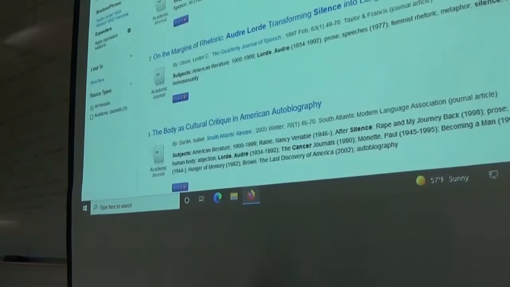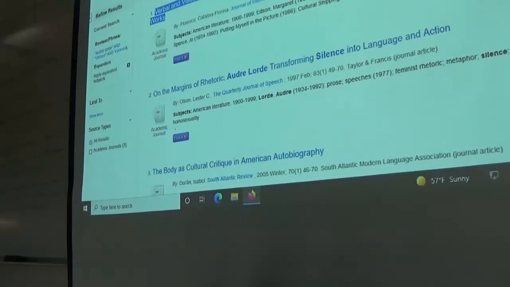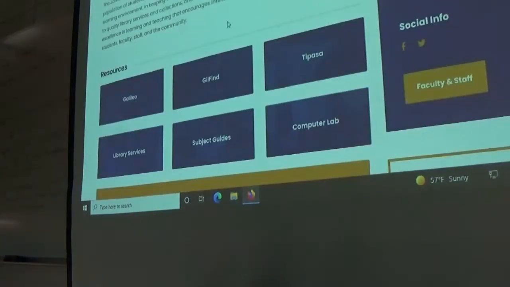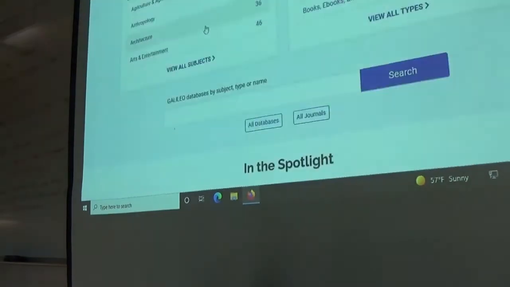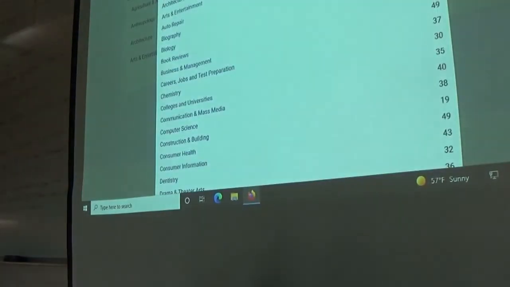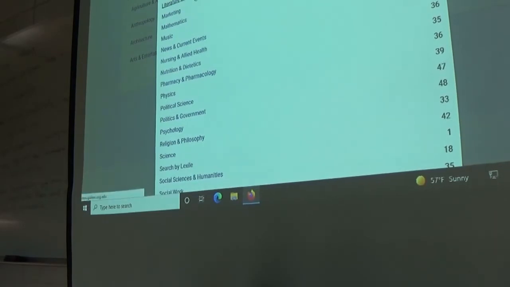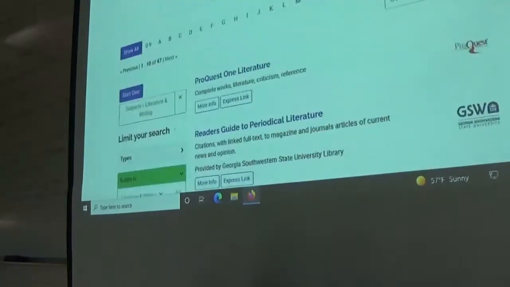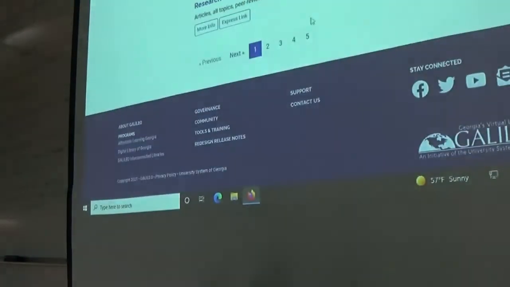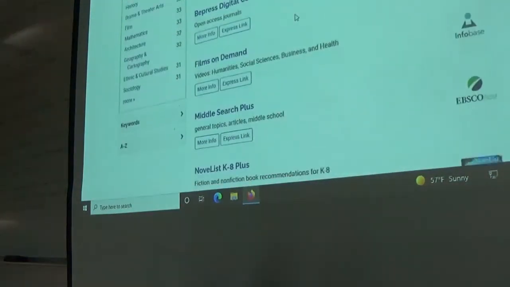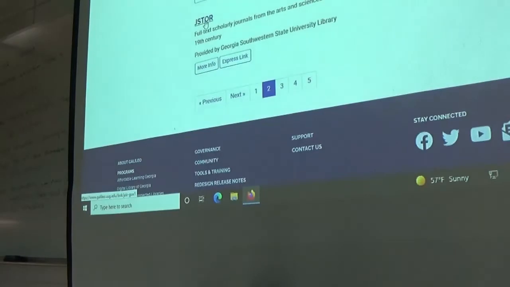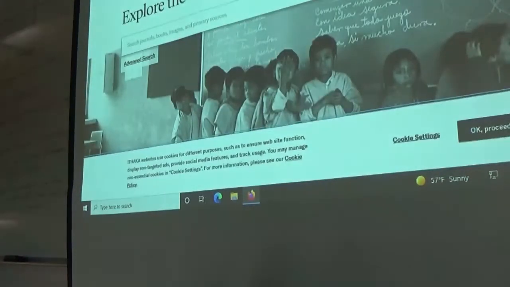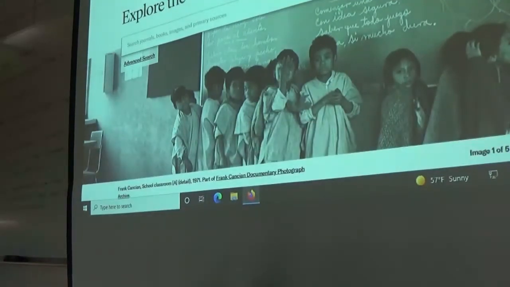Now, another database you might want to consider looking at is called Jstor. Have any of you used Jstor for projects before? No. Okay, so Jstor is a more general database than the MLA bibliography. You'll find articles from a variety of disciplines here, and you will get direct access to them. The problem is it is a little harder to sift through.